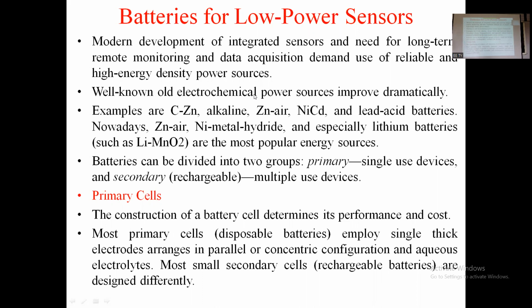Either it may be its size, right? These are the constructional parameters, that means size, or it may be length. So this will determine the performance of that battery as well as the cost of that, right? Cost and performance are different, right? Constructional features are either the length of that battery, or the volume of that battery, or the cross-sectional area or size of that battery. Again, the weight of that battery. Okay, so primary cell,